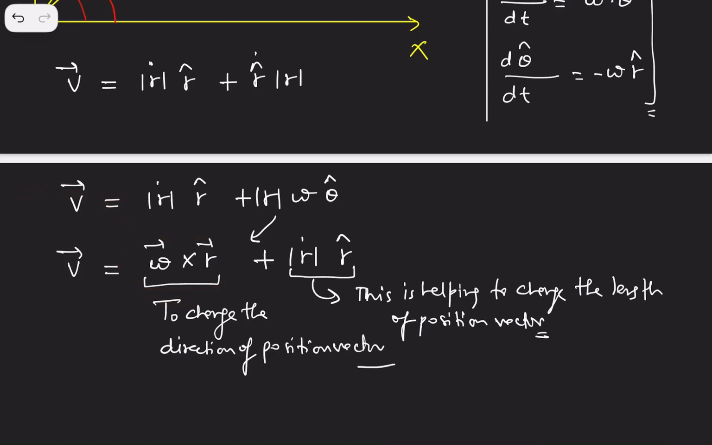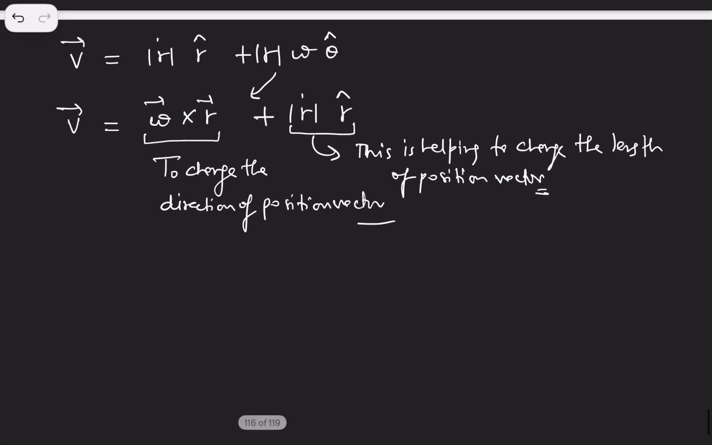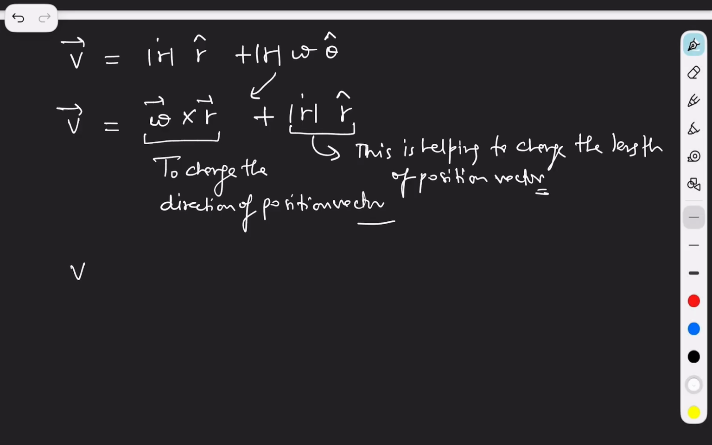So this is the v vector for a general curved motion. But we are not interested in v, we are interested in acceleration. From now onwards, I'm not going to write r mod, I'm just going to write r only. R means, if I'm not putting any arrow, I'm just talking about the magnitude. So now I'm going to write this v vector as